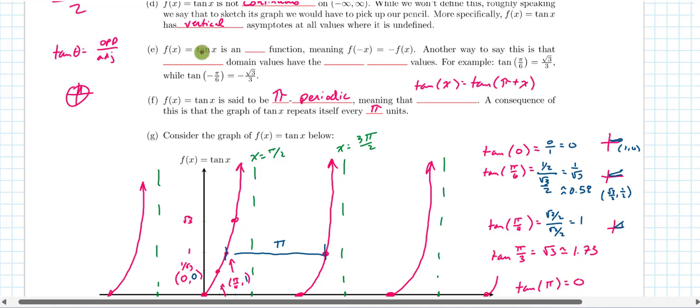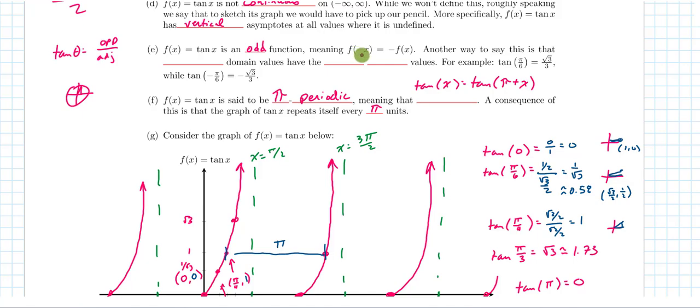The last thing I wanted to mention here is that the tangent of x is an odd function, meaning that when you plug in negative x, you get out the opposite sign of what you got when you plugged in x. That's a little bit clunky. I feel like math people love this definition for the definition of an odd function. It's great, but another way to say that is that opposite domain values have the opposite range values. For example, when you take the tangent of pi over 6, we saw that we got square root